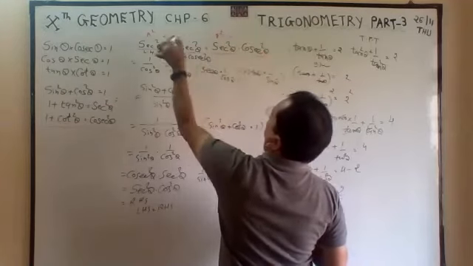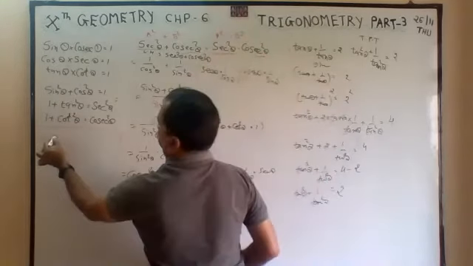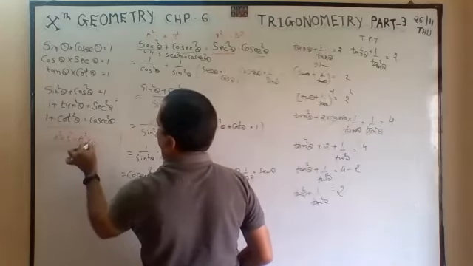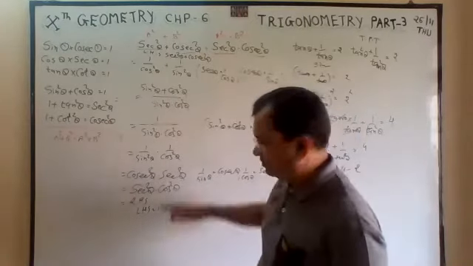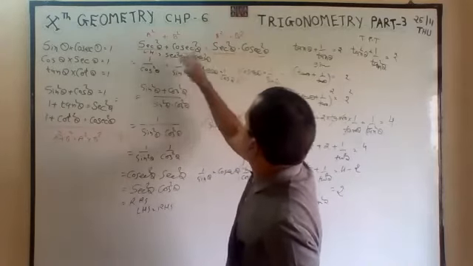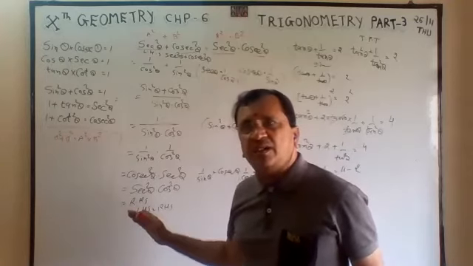Cosec square, I will take b square. Same to same, so b square. So exactly what we have proved: a square plus b square is equal to a square into b square. Already we have proved it. A same, b same, a square plus b square is equal to a square into b square. Now I will take values.